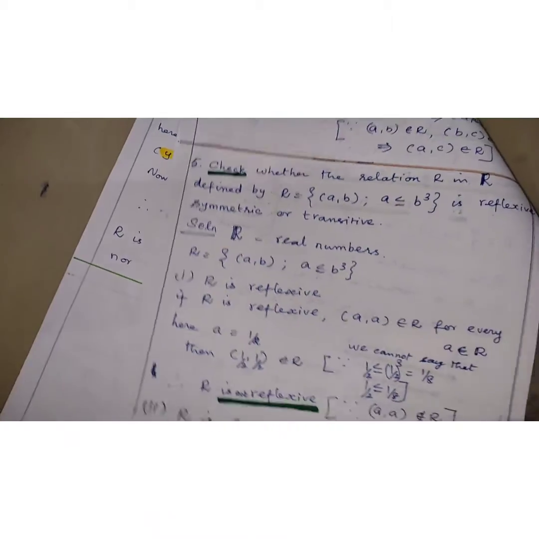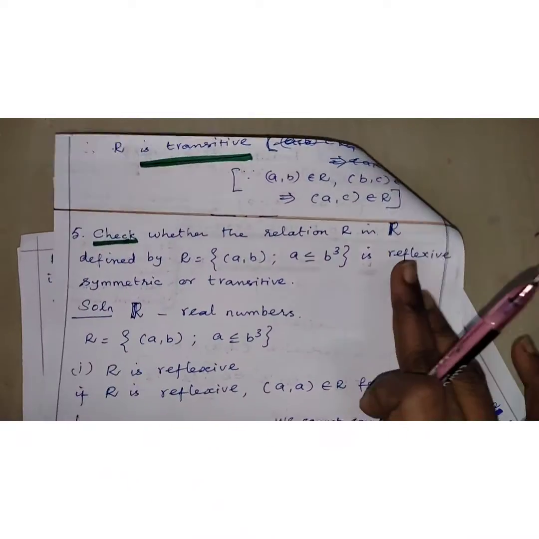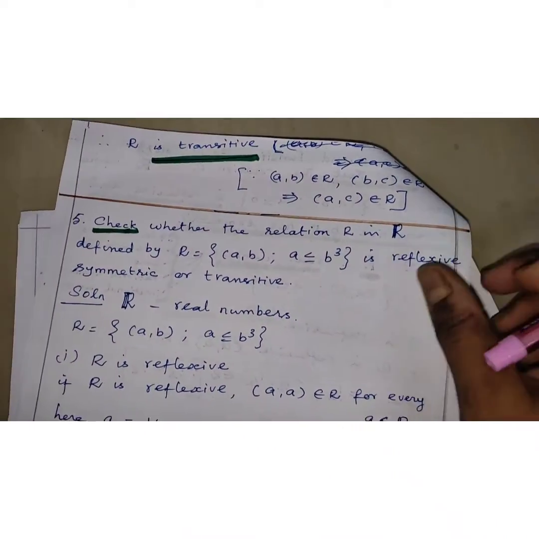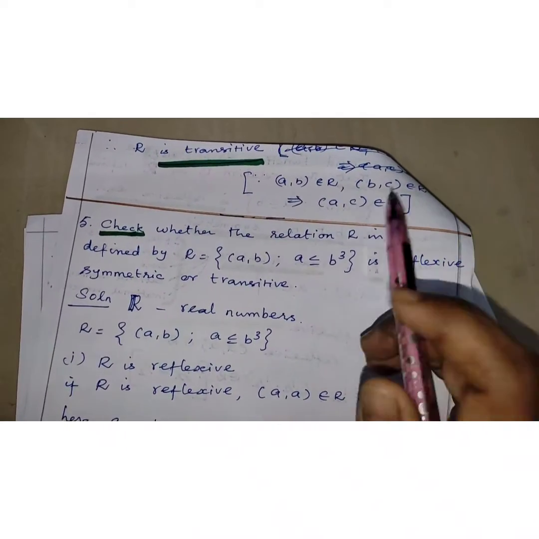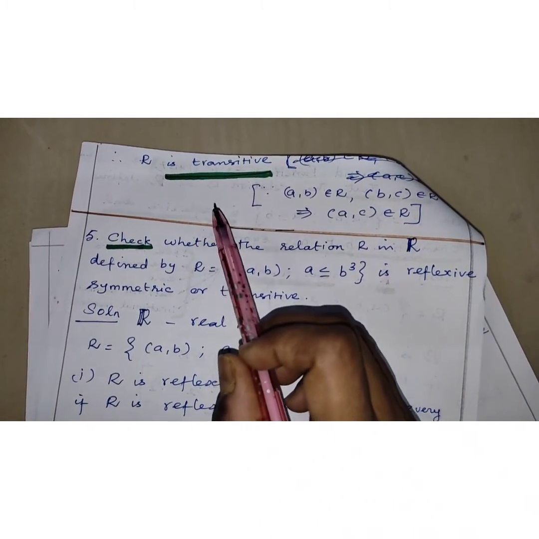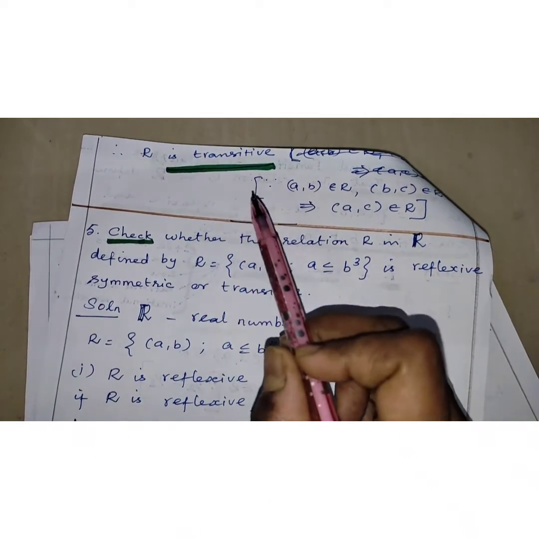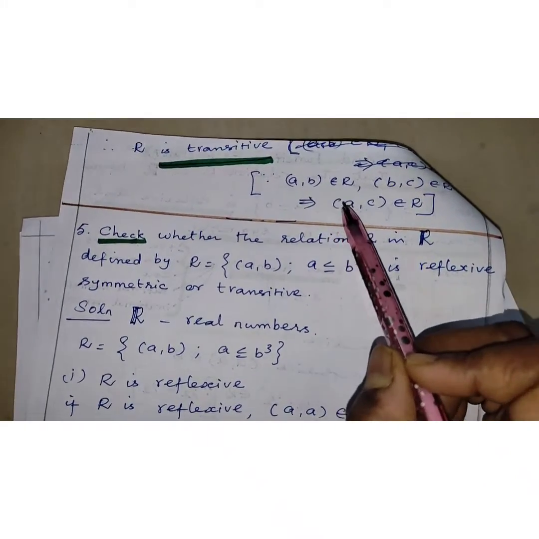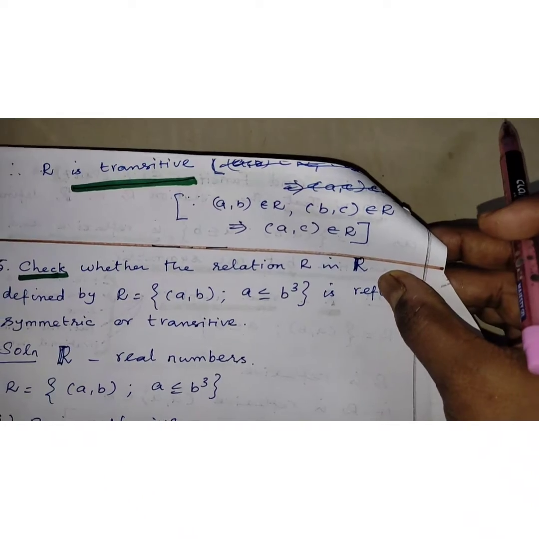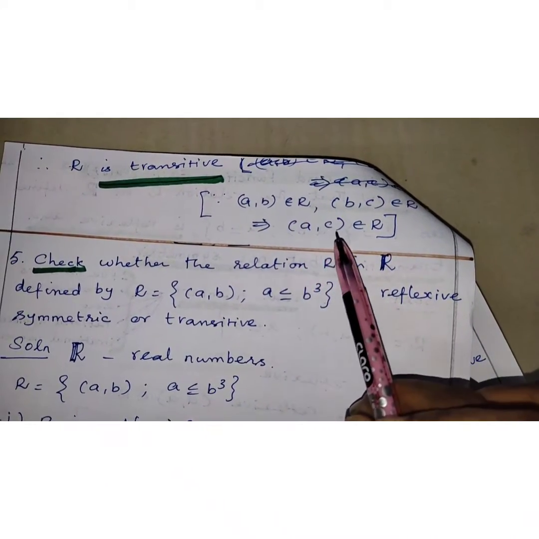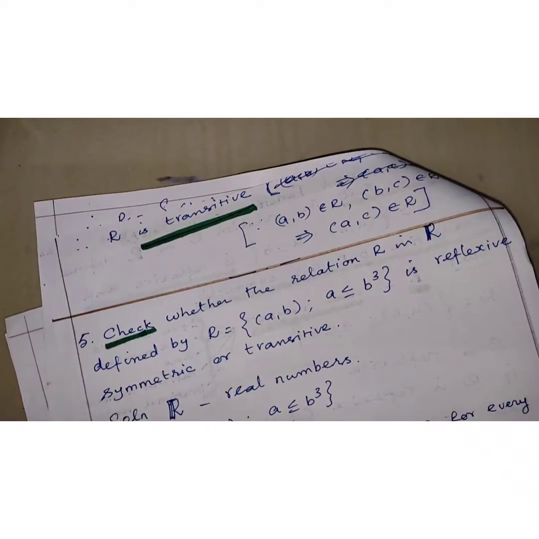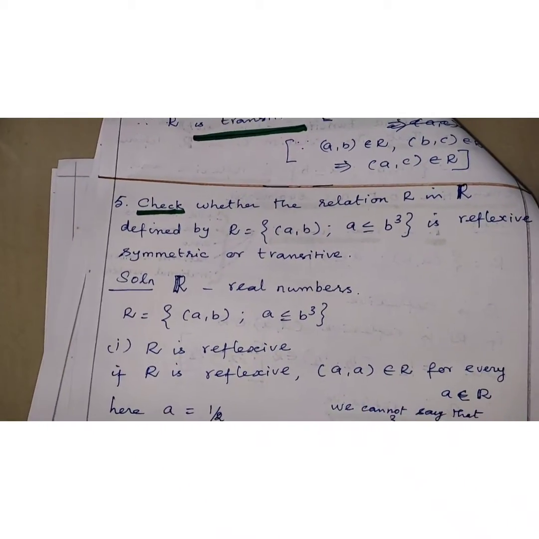What condition? That is the transitive condition. The given relation satisfied the transitive condition. Therefore we proved that R is transitive, since the reason is the transitive condition, that is (a, b) belongs to R, (b, c) belongs to R, that will imply that (a, c) belongs to R. Therefore R is transitive. Okay, up to this we have 4 sums over here.